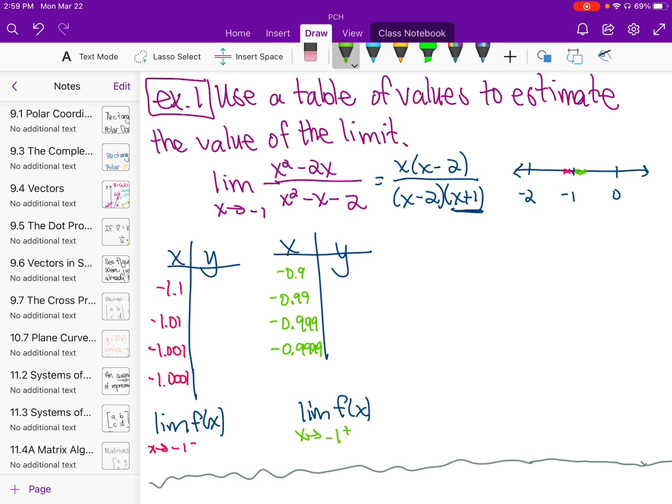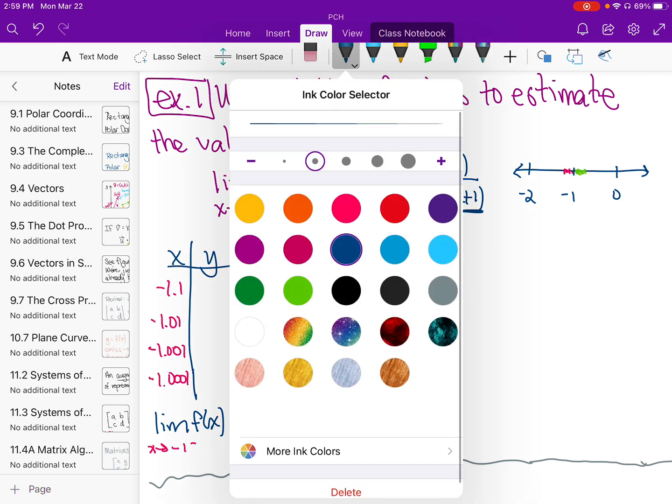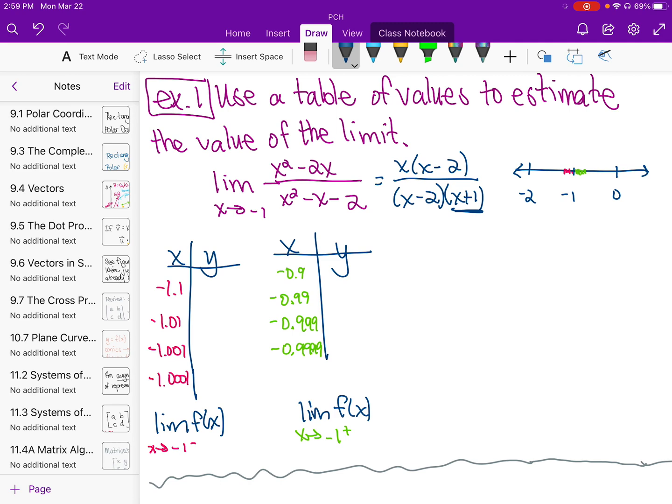And then I can see when I plug in these x values, I get 11, then 101, and then 1001, and then 10,001. And when I punch in these, I get,